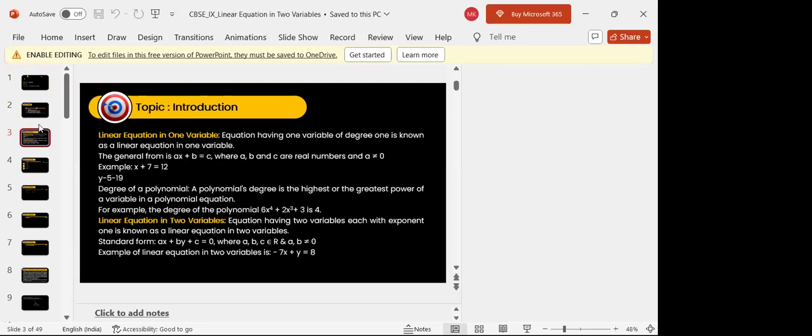It has two variables, one is x and the other one is y. So please read. Now, linear equations of two variables means equations have two variables, each with exponent 1, shown as a linear equation